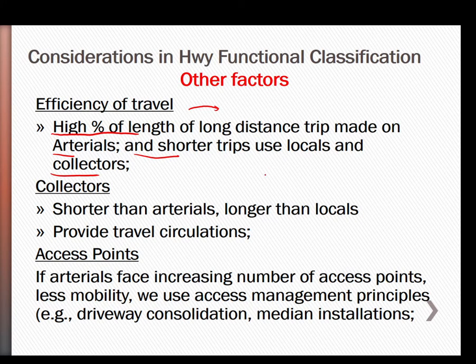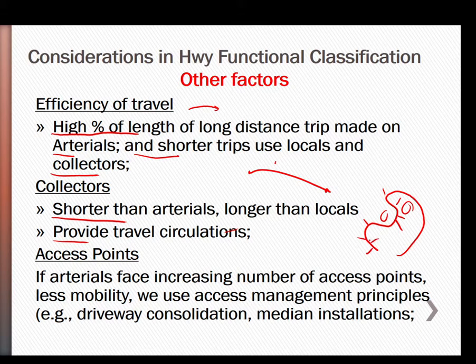So again, when we have a long trip, the length and how efficient it is, we define this by means of arterials. The collector is shorter than arterials, longer than locals, and it provides what we call circulation. Usually when we have a city, you have a collector that probably goes around and collects traffic from the local roads. Usually it has this circular